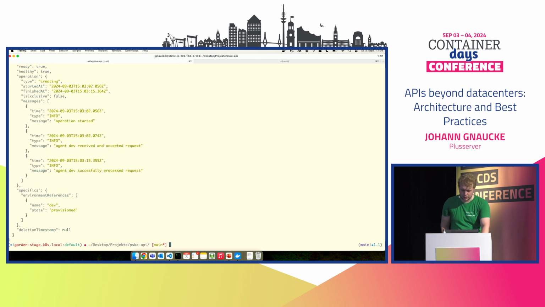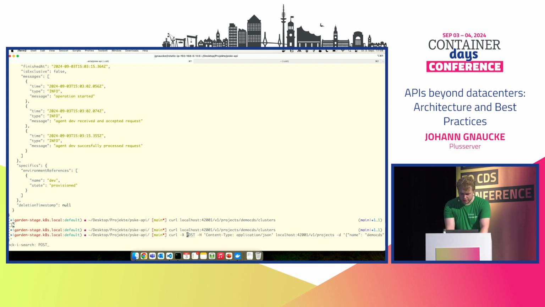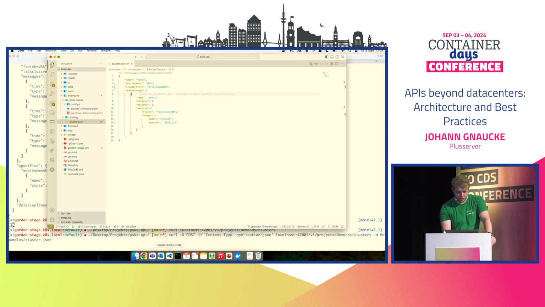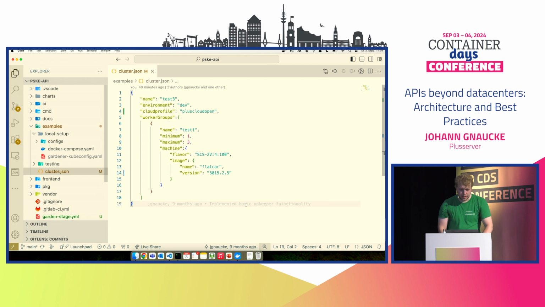But yeah, now that the project got created, we also can list the clusters within the project. Of course, currently there are none, so we just get an empty array back. And if we send another post request to the now project demo CDS clusters URL, specifying our cluster JSON, which is here. Oh, I forgot to scale that up. So now we want to tell the API, okay, create a cluster with the name test3 in our dev environment